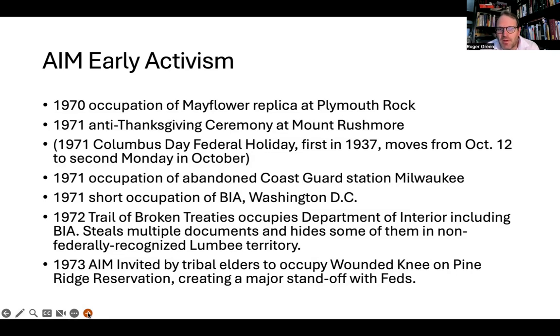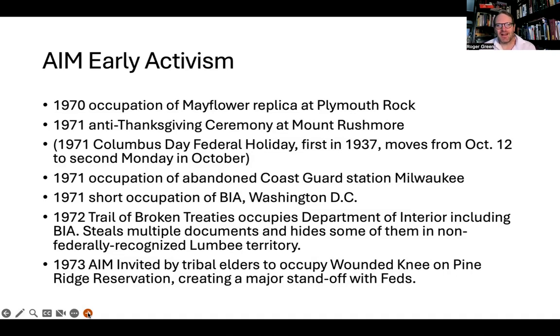Also, while I'm thinking about the Columbus Day holiday, think about how recent that is, right? Because a lot of people, when I used to go up to the Capitol and testify against Columbus Day being racist and genocidal, you get this political pushback from people who don't know the history at all of this stuff. It hasn't even been a holiday that long. It's not like people have been celebrating Columbus since 1493.